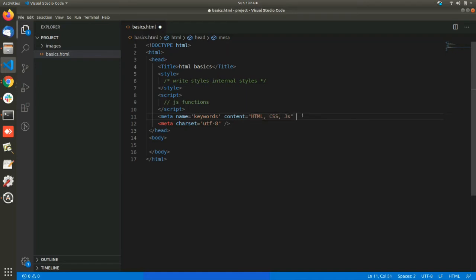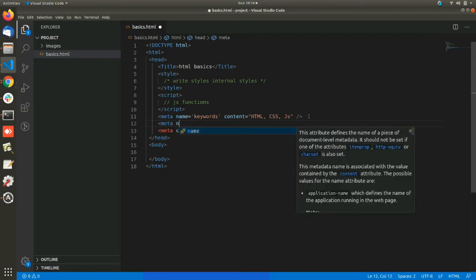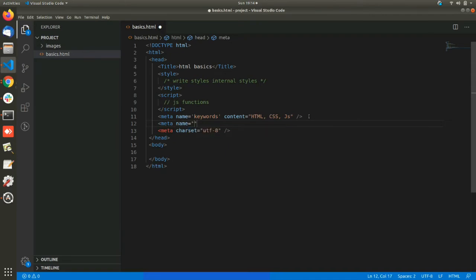So this is the syntax we are giving. The keywords of this HTML document will be written here in content. Next, description. Meta name description, content.